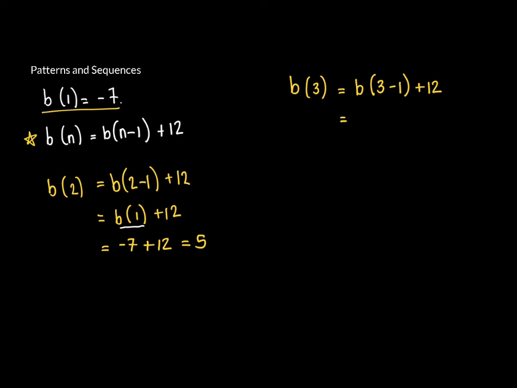And this is going to equal B, and in brackets, I'm going to have 2. 3 minus 1 is going to give me 2, plus 12, which is very useful because we've just calculated what B2 is. We now know that B2 is 5. So we're going to replace that whole B2, which is actually over here. B2 is equal to 5. We're going to replace B2 by 5. So we're going to get 5 plus 12. And B3 will then be equal to